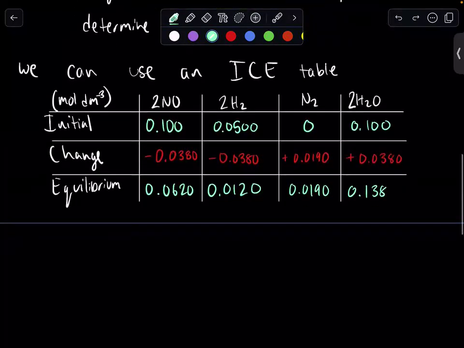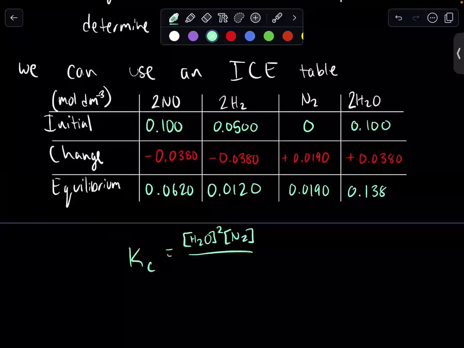Now, I have my equilibrium values and I can plug them into my Kc equation, which says the concentration of H2O squared, concentration of N2, divided by the concentration of NO squared times the concentration of H2 squared. And these are all at equilibrium. So just plugging my values in,